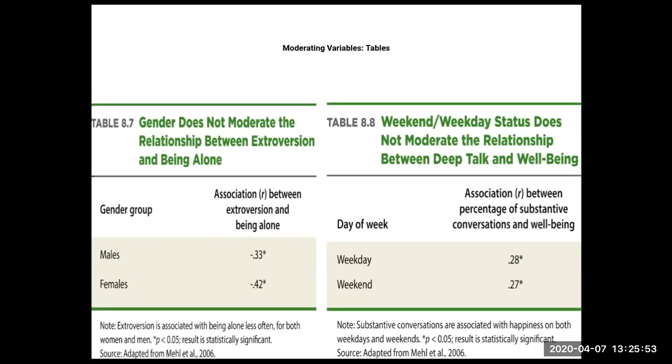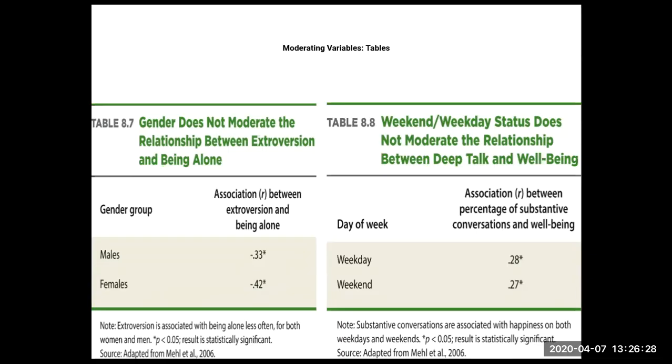the relationship, same idea, but what we see is the association between extroversion and being alone. Females are statistically significant at 0.05, negative 0.42. Males also statistically significant at negative 0.33 between extroversion and being alone. So it looks like they're both the same at 0.05. The scores are not that different from each other. 0.33, 0.42 are both in the moderate effect size range. So we would say that gender is not moderating because the scores are about the same